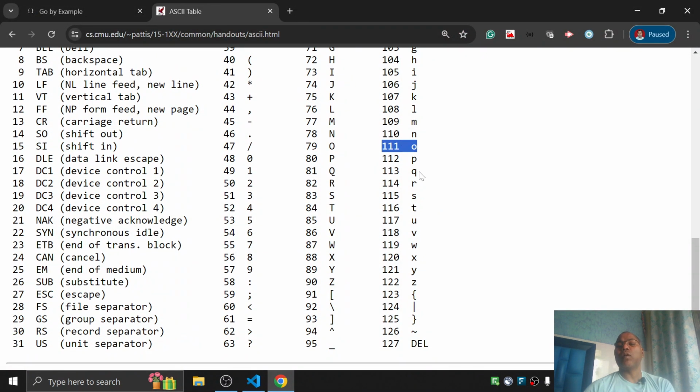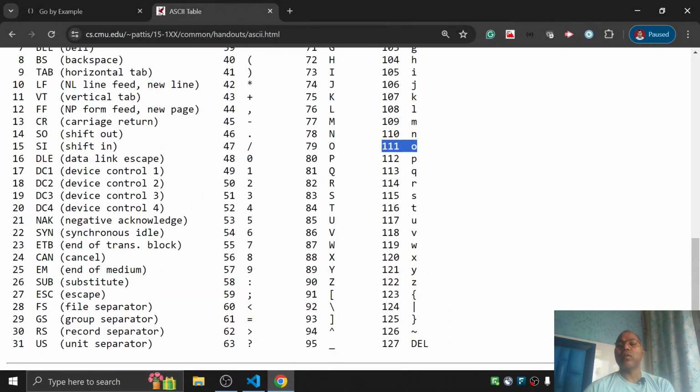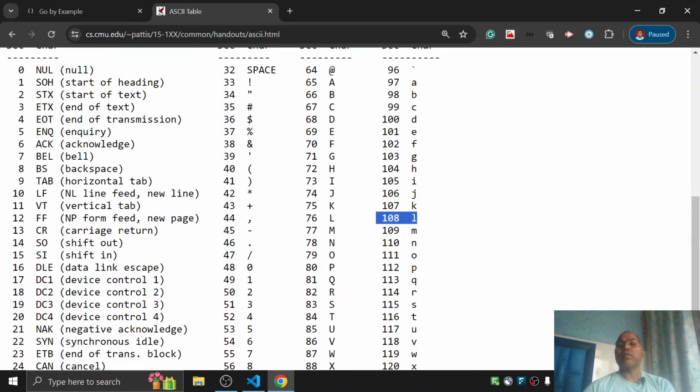Notice this is the small letter o. Similarly 108 is small letter l, right? And similarly 97 is small letter a. So generally, if you notice here,